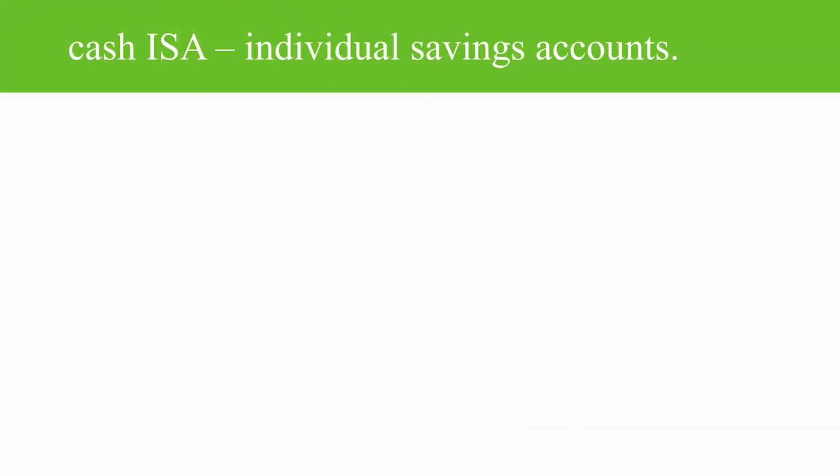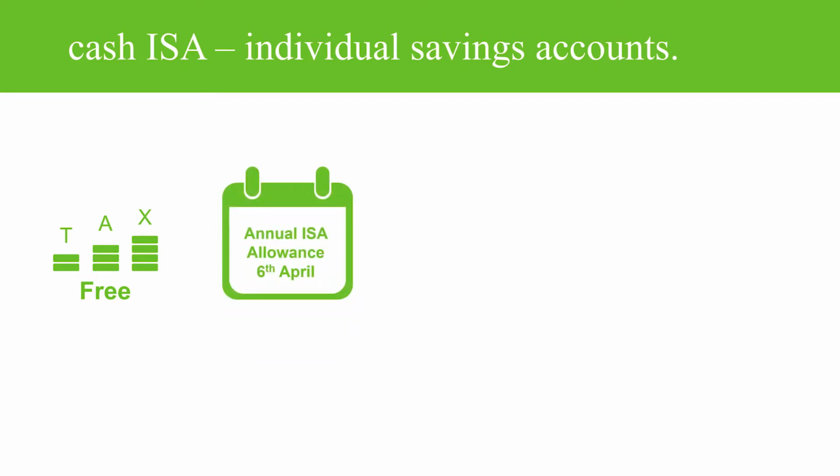There is a type of savings account called an individual savings account, commonly known as an ISA. There are several types of ISAs available, but the most well-known is the cash ISA. Any interest you receive on savings held in a cash ISA is free of tax. There is a limit to the amount you can pay into a cash ISA each year, starting from the 6th of April and ending on the 5th of April of the following year. The limit occasionally changes, so you should click the link on the next steps below this video to check what